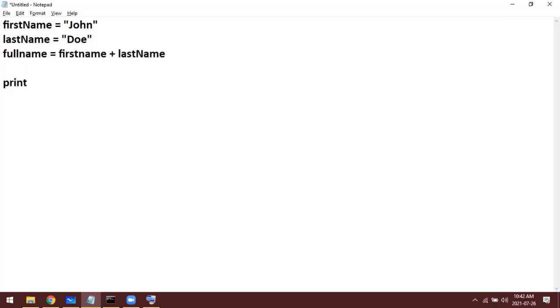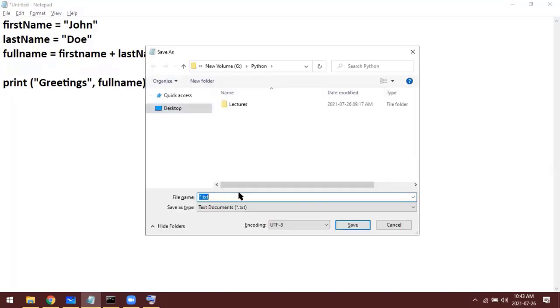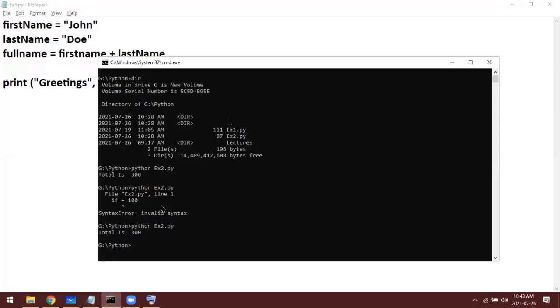Now let's output greetings, full name. ex3.py, all files. Now let me run this with Python.